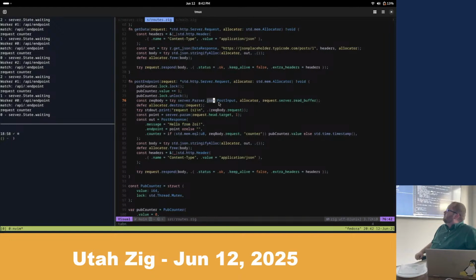Allocator is what it's going to use to read in the read buffer. No, the read has already happened at this point. That's what it's going to use to allocate the post input. Okay. All right, I'm sorry, I missed something fundamental while I was